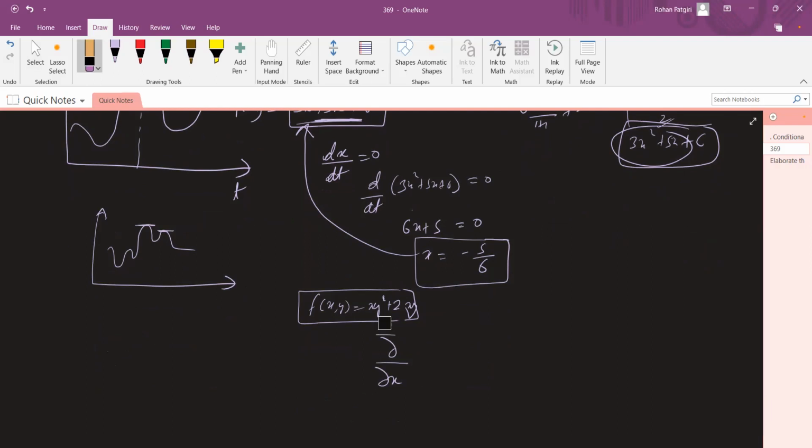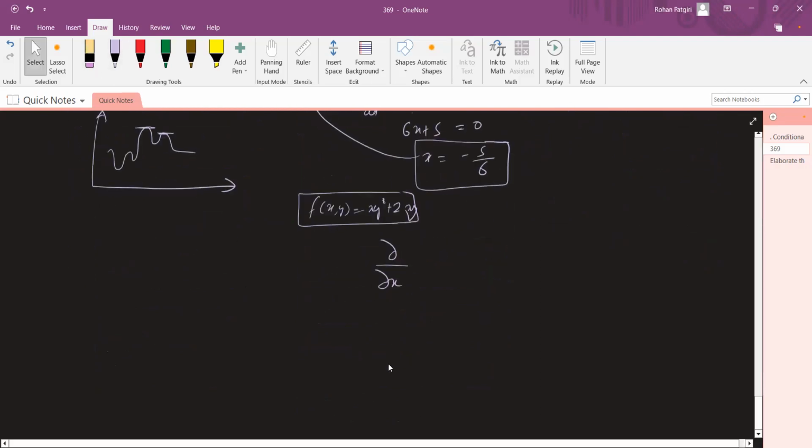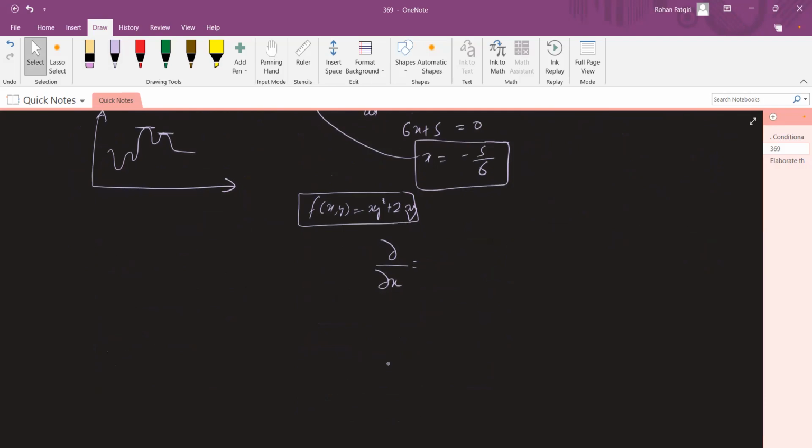I remember this. What is it called? Partial differentiation. Okay, yeah, partial differentiation. So when you do partial differentiation, suppose